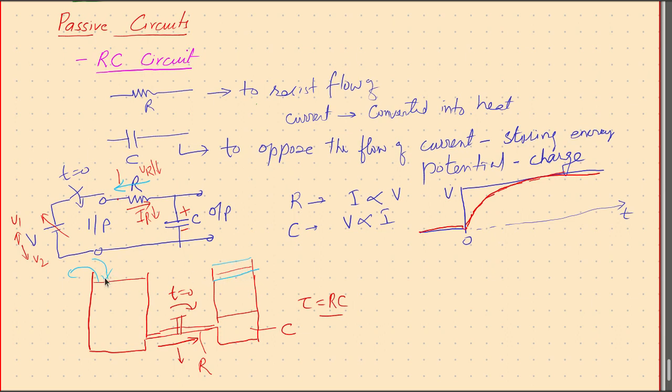But if you just add water, and by the time it realizes that there is a potential difference and water has to flow, before the whole process started, you just remove the water, then you find the difference between these two is zero. Therefore, no more current is going to flow. No more water is going to flow. No more current is going to flow. So there is some limit up to which this whole process can work. But after that limit, the process doesn't work.